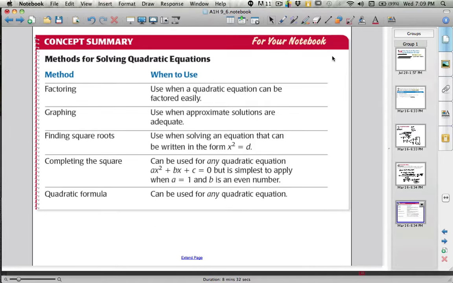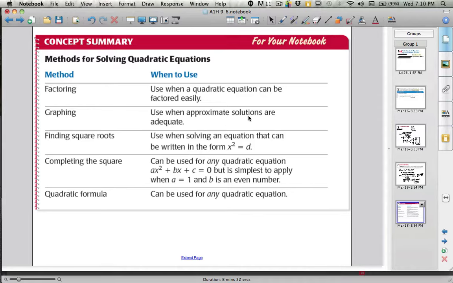And as a summary to our concepts of solving quadratic functions, we've learned a number of methods. We've learned factoring, graphing, finding square roots, completing the square, and using the quadratic formula. So when would you want to use them? Well, I want to factor it when it's easy and I can find the factored version of the quadratic quickly. I would want to do that. I would like to use graphing when most appropriate, especially if I'm using a tool. And mostly appropriate means